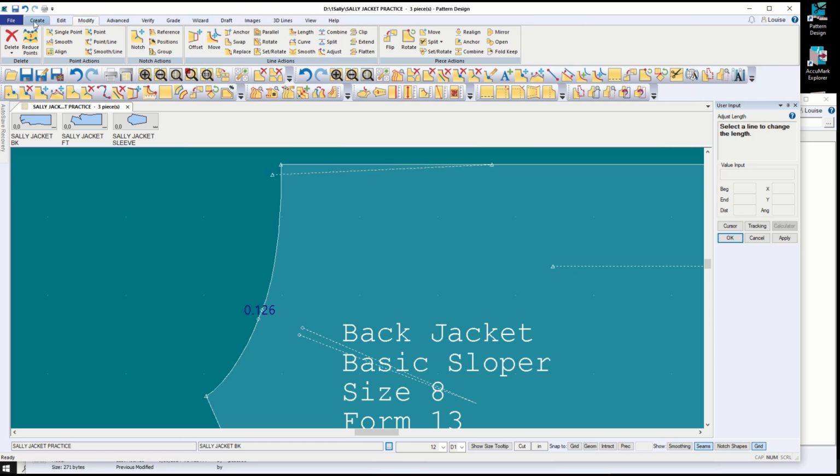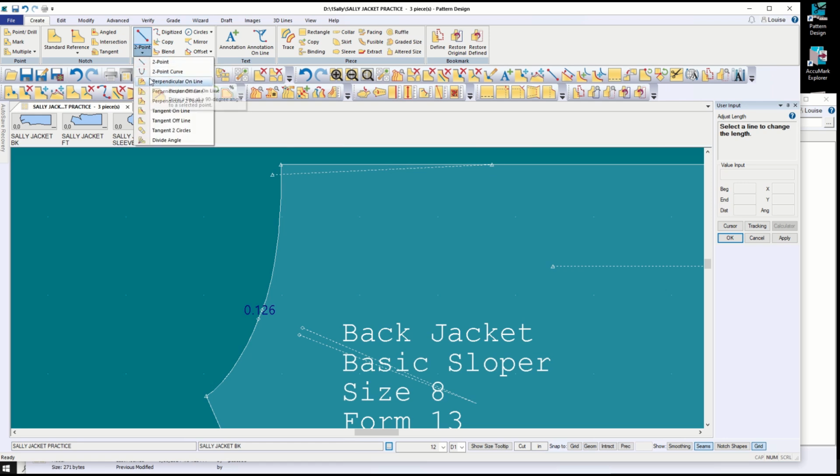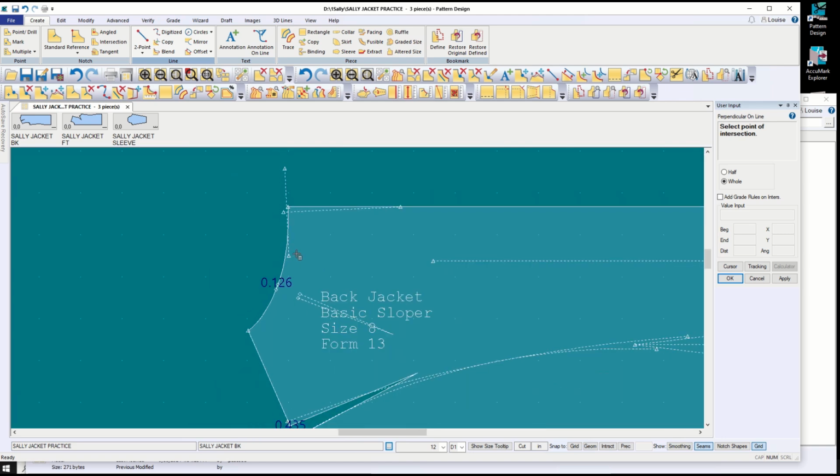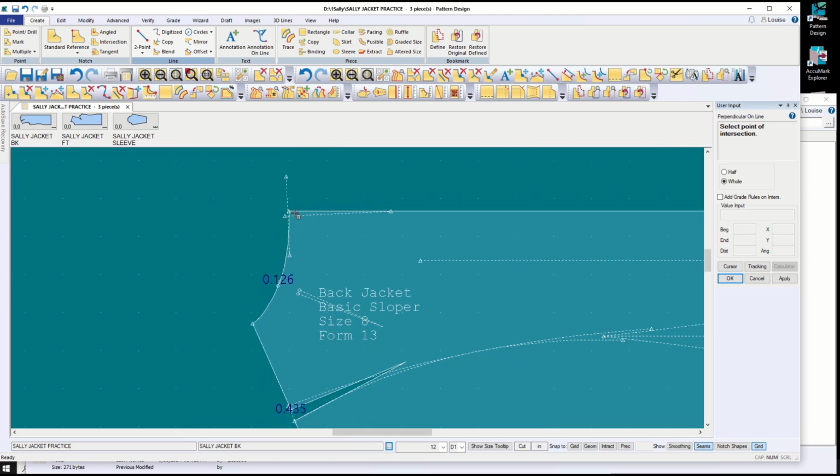And I'm going to create perpendicular on line, a line right here. And it's blending back into the curve that I originally had. So this is going to be my center back. I still want my center back mostly straight. I'm curving it right here, but I don't want to lose my right angle when I put that on. So I created a right angle, but I've moved my dart into the back, and it's going to be